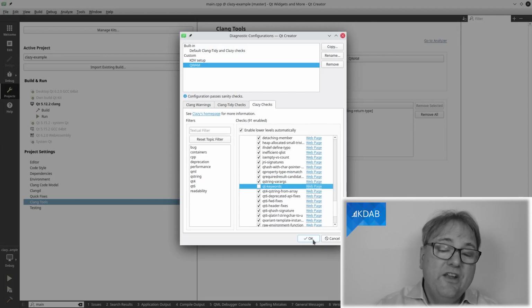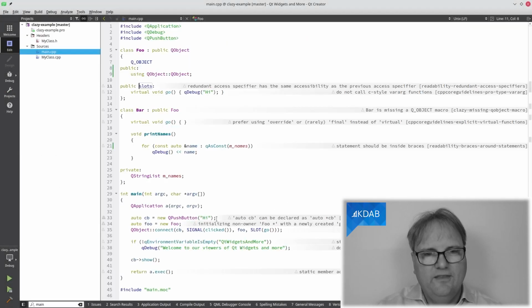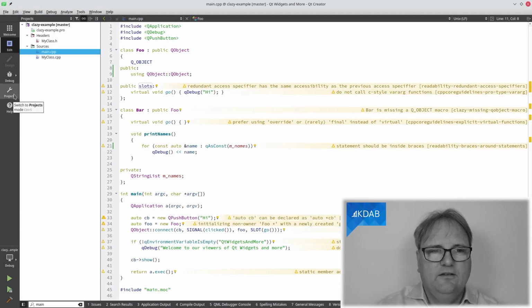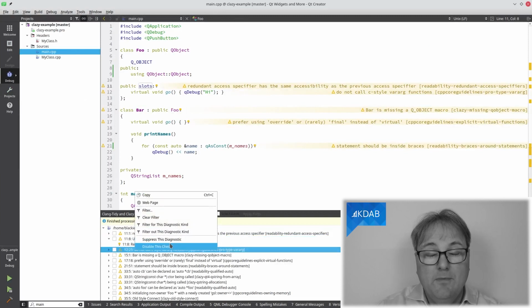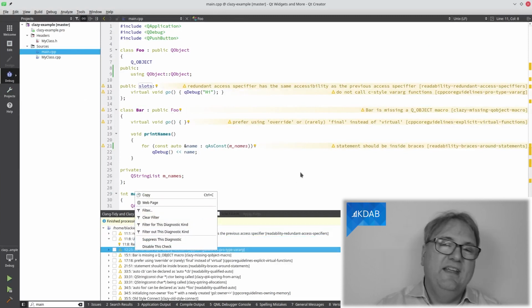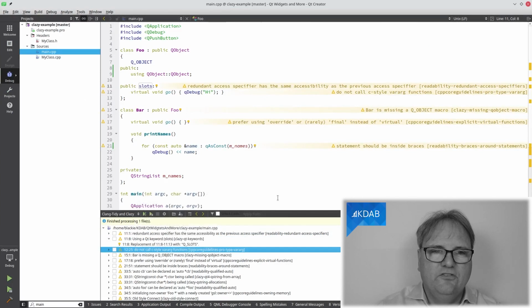And let me just show you another way to do it. And I am really rather undecided whether that's a good idea or not. I really hope that I can convince one day, and there's a bug report just below me, that the Qt project should rename one of these so that I can remember which one is which one. In the meantime, what I can do, and let's just take one of the other here. So it prefers the override. Let's just take that one.